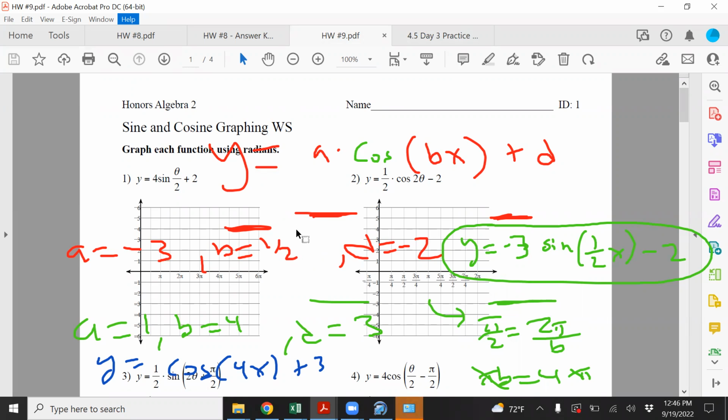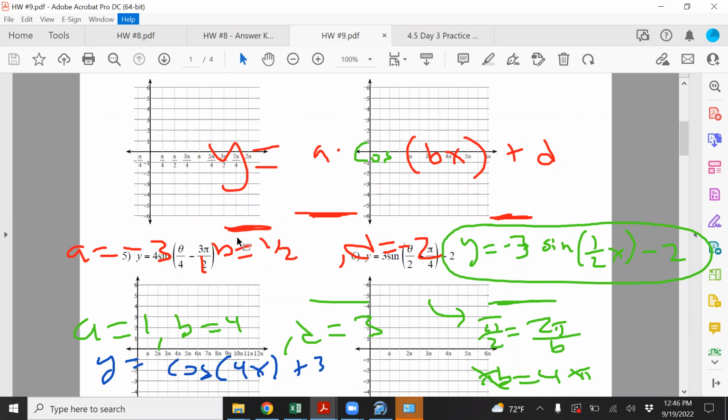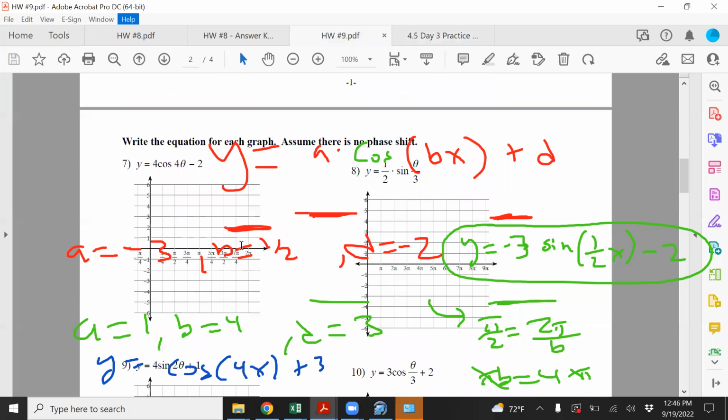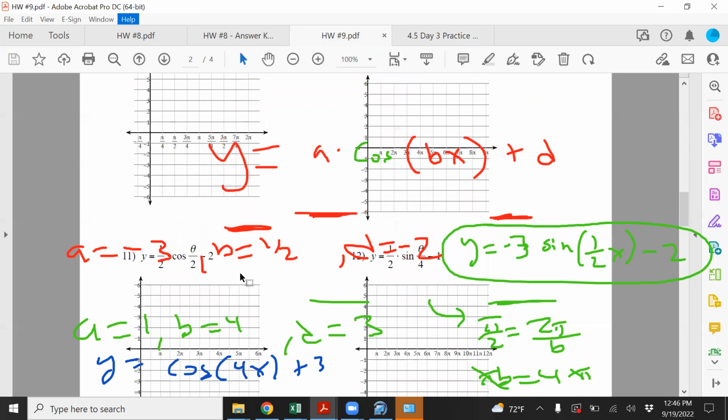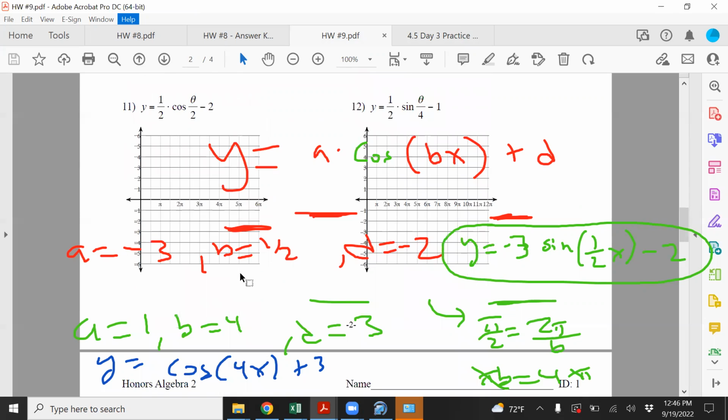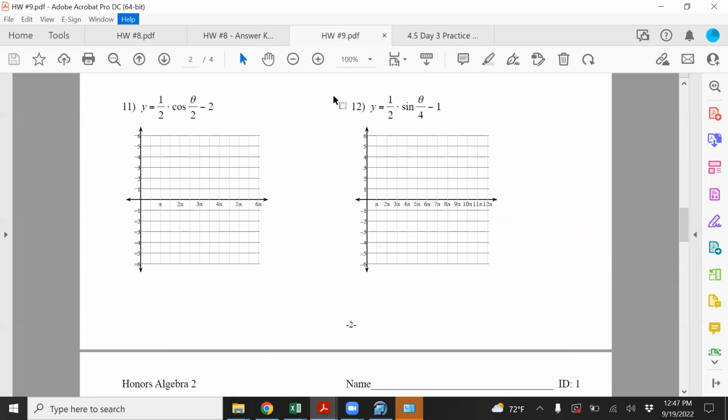Number 1, 2, 7, 8, 9, 10, 11, 12. You guys are going to skip numbers 3 through 6, and you already have it. I'm going to post it to Schoology as well when I get a chance, which I should in the period. Okay, so for the check-in today,